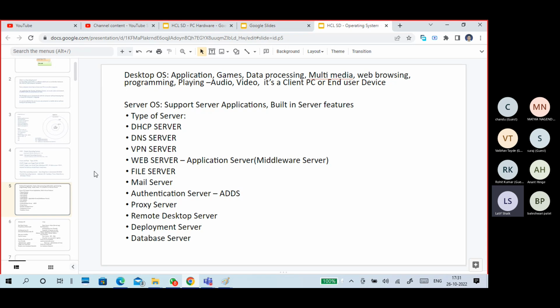He said, no problem, sir, maybe you don't have the knowledge on it. My friends have more knowledge in computers, so they will do wonders with it. I said, you cannot do anything with it. You cannot even play a game in the server operating system. A lot of features will be disabled in the server operating system. A server is meant for providing a service. Desktops are utilizing those services. That's it.